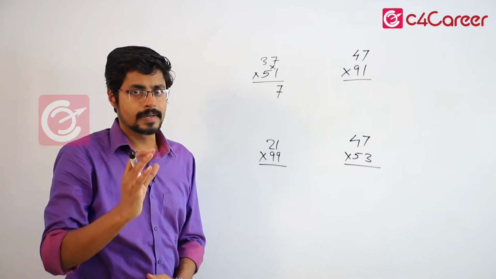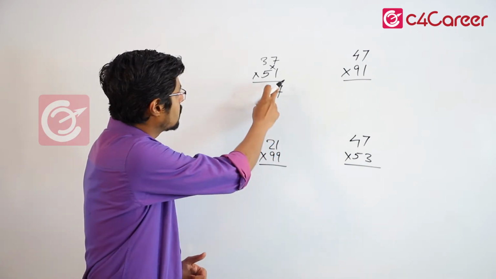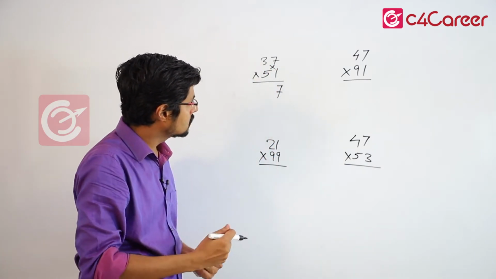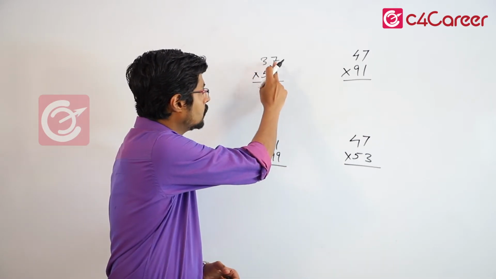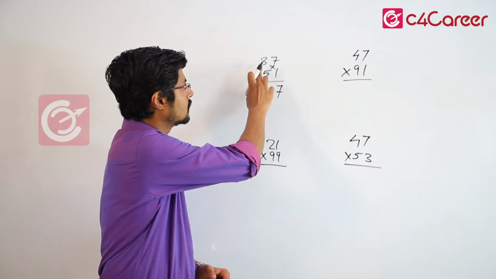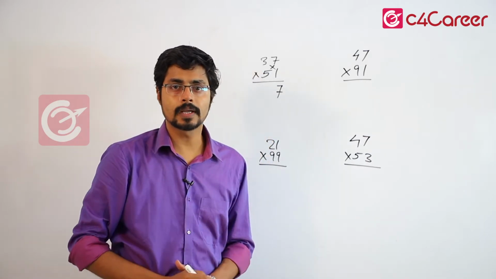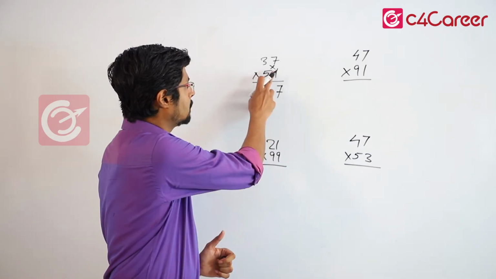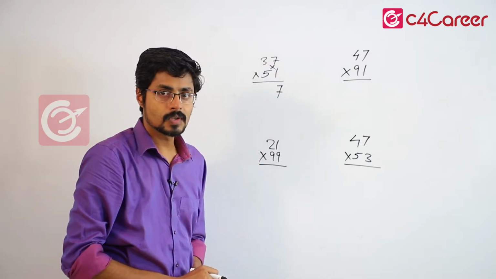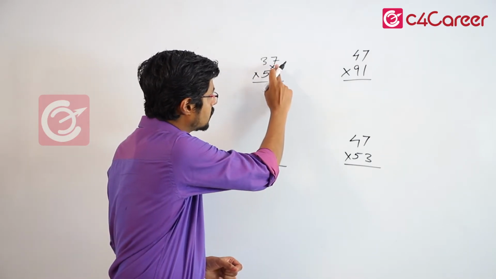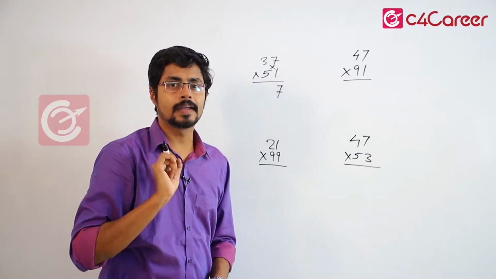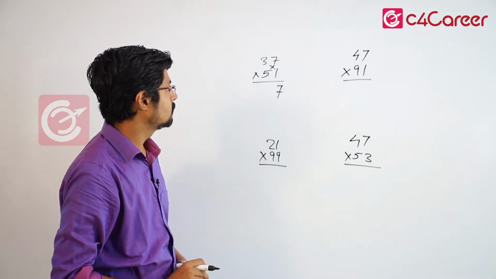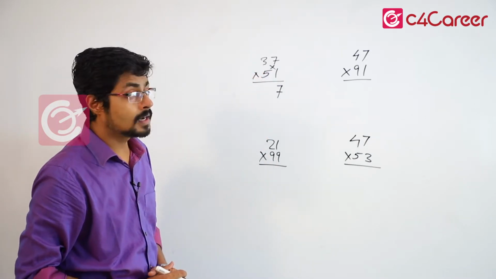So there's an important tip I want to give here. When cross multiplying, we can do 3 into 1 plus 5 into 7, or we can do 5 into 7 plus 3 into 1. So the order is not important. We can multiply this first and add to this, or we can multiply these first and add to the other. So an important tip here is always pick the highest numbers. When you have such a pair, always pick the highest pair.